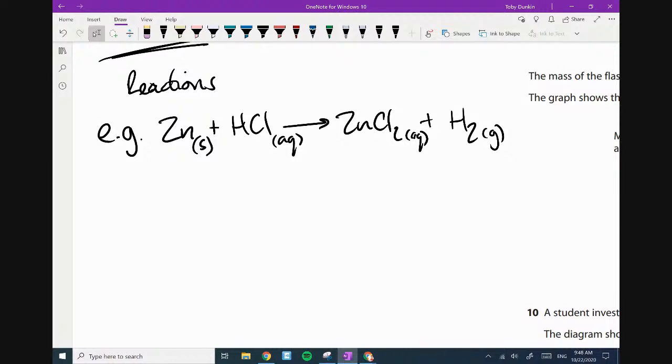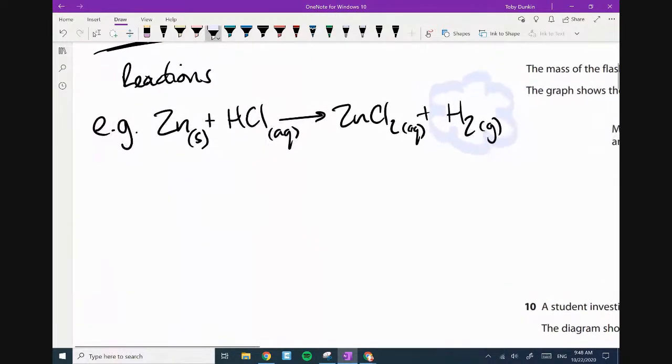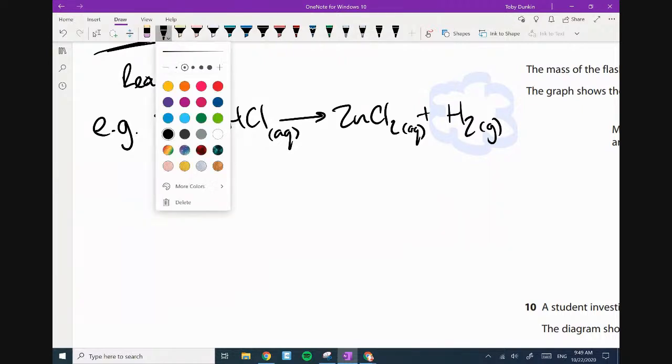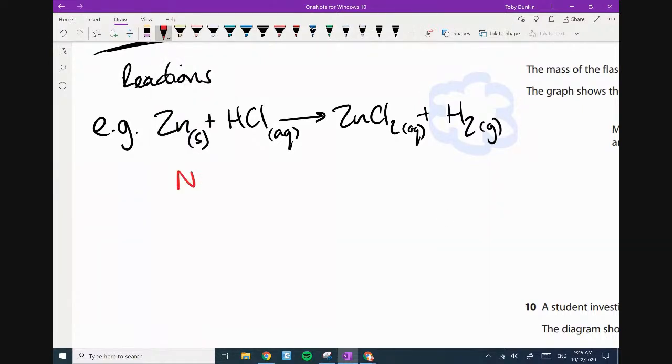So what this means is during the reaction, there's something which stands out, and that something is the hydrogen gas. We're going to be producing a gas. Now, this is really easy to measure. If you ever make a gas, this is a nota bene. I'll do this in red. If a reaction ever makes a gas, nota bene,